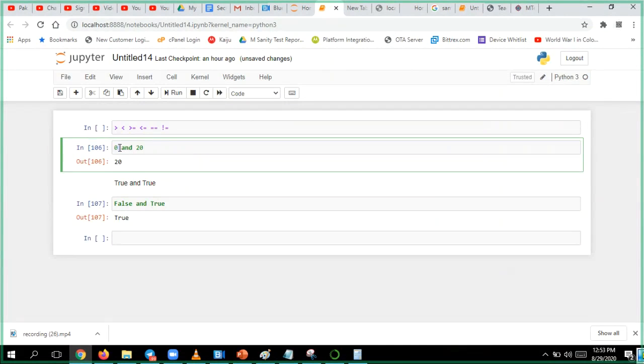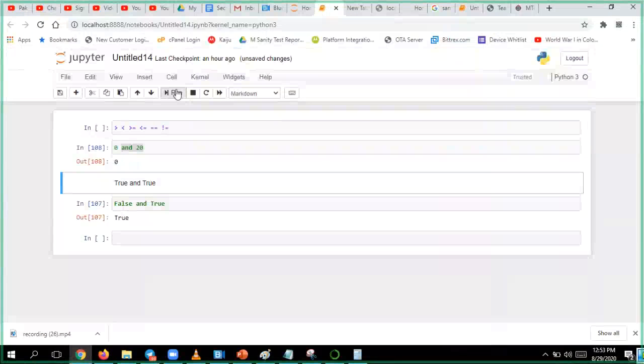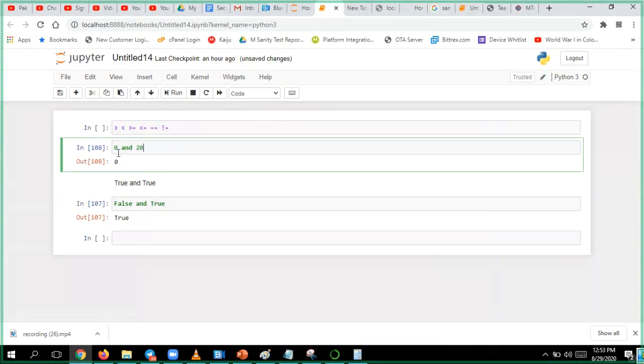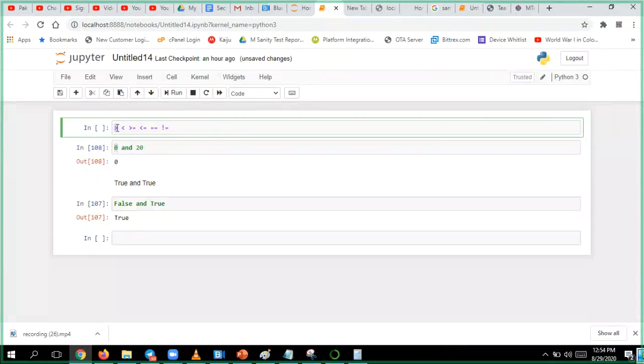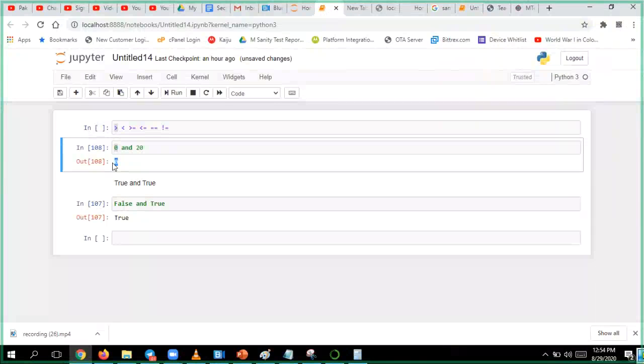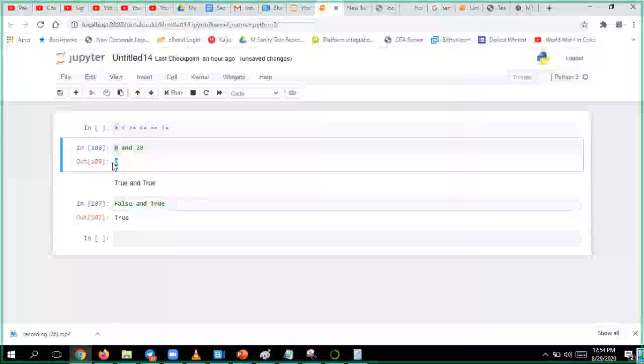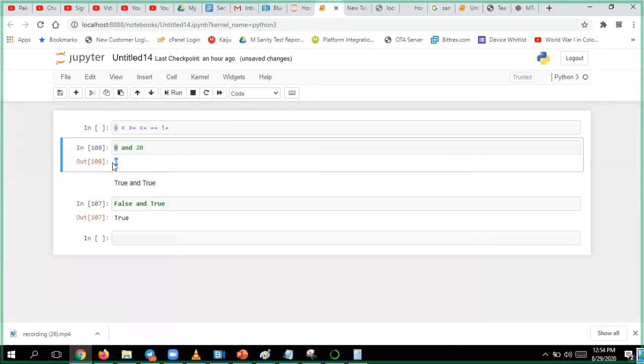One has failed. So as soon as something fails, it doesn't even go and check what else is there. Immediately it will give the first failed value. That's what I told, right, when I was explaining greater than and all, how it works? First it will check whether it is true or not, then it will go to the next step. If somewhere in between it gets false, only that value is displayed. The first failed one is displayed. Remember? Zero means false. Non-zero means true.